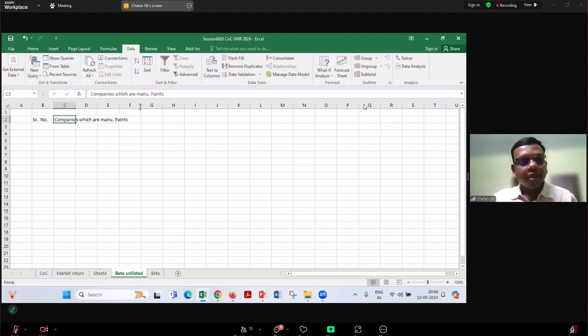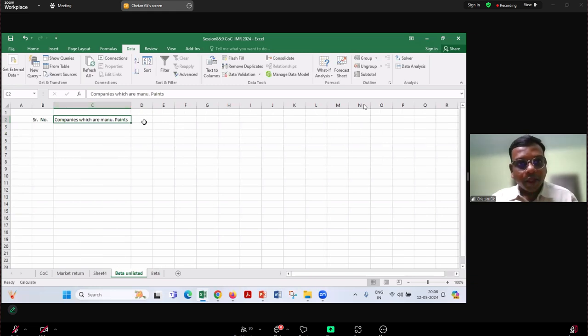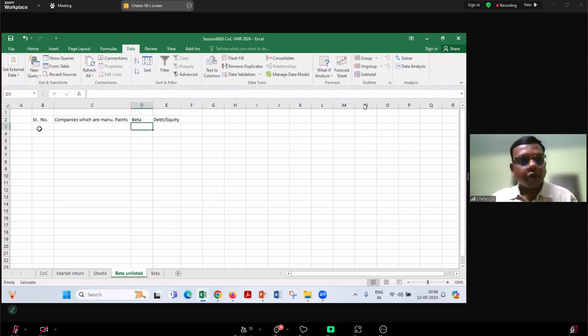I should take the betas of such companies, and I should get the debt by equity ratio. So these are the components I require. Assuming that I got some 10 companies that are listed, what I do is I will actually,